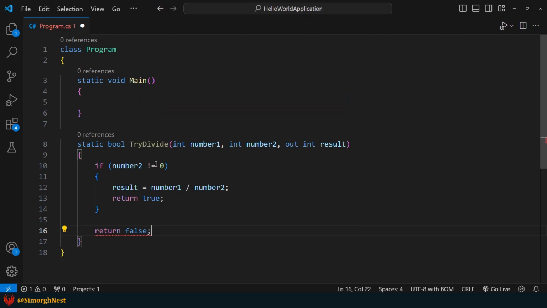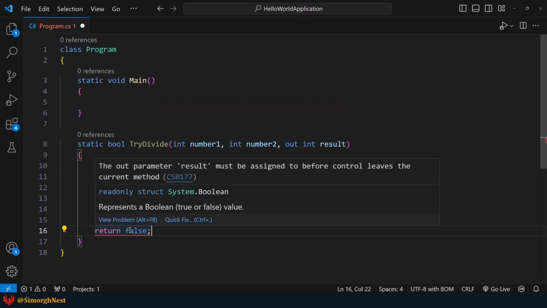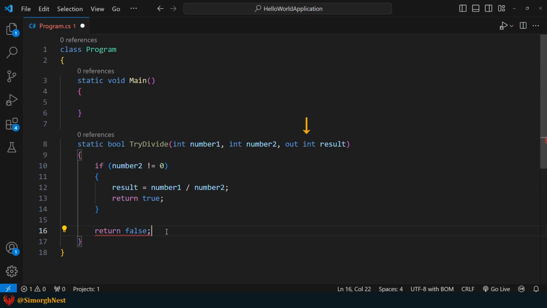Alright, let's take a look at the error we have here. The error occurs because the result parameter, which is an out parameter, needs to have a value assigned to it before the method finishes executing. You might wonder why we need to assign a value if we already assign it within the if block. The reason is that all possible paths in our code must provide a value to the out parameter.